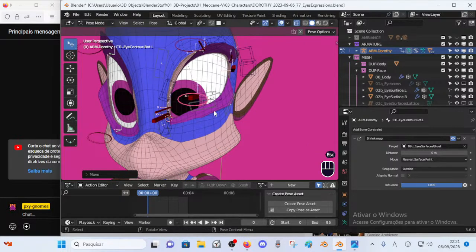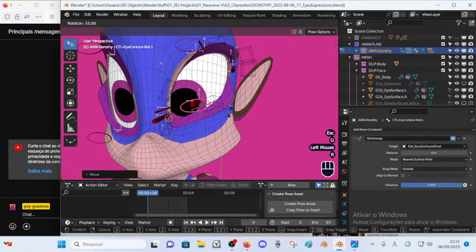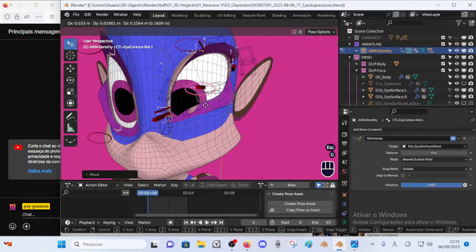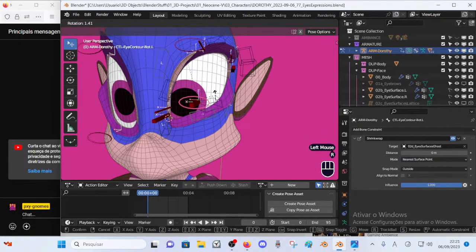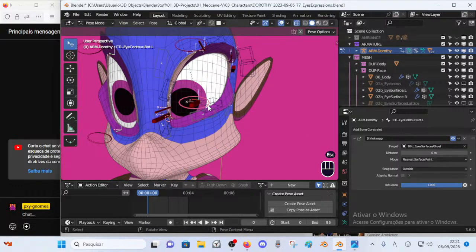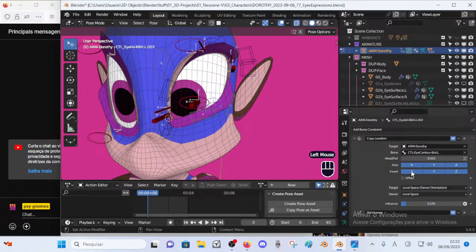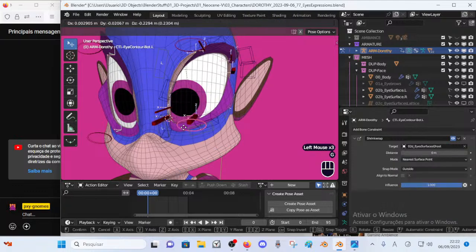But here they are not tilting for some reason, but whatever. As soon as I create a copy location bone constraint with the invert option, it's like the offset parenting is 100%. So let's negate this for a moment, and you see what will happen.